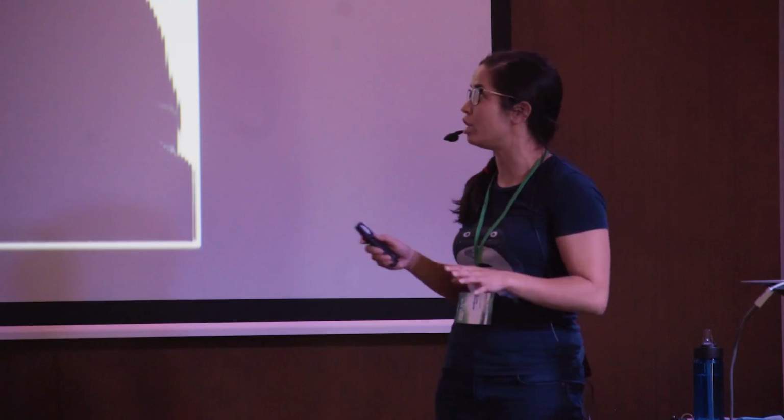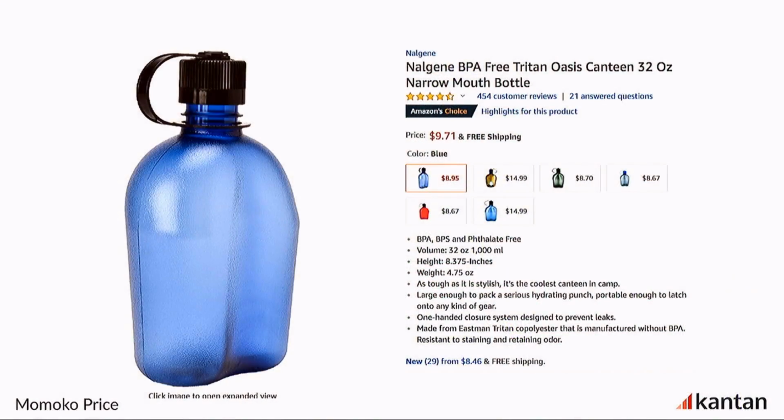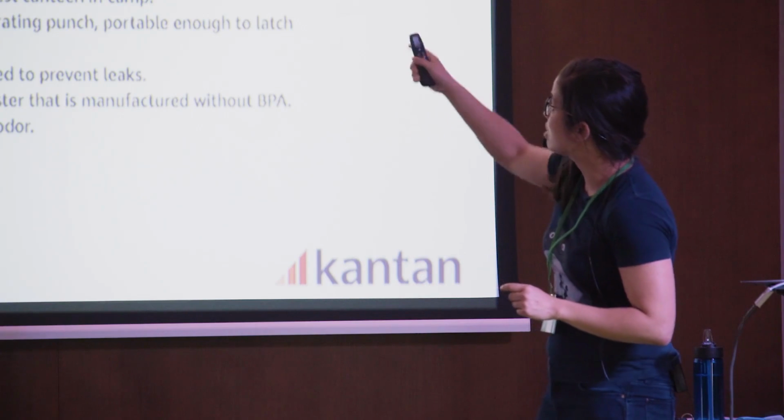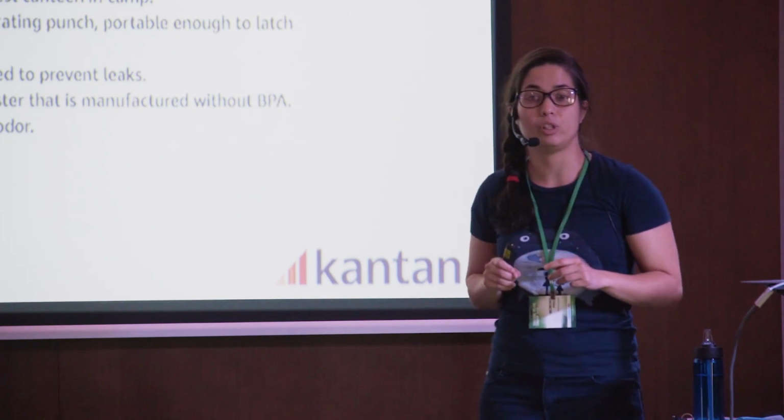So I just want to quickly walk you through how this tends to happen, because this used to trip me up way back in the day, before I got wise to how to collect tidy data and why you should not just eyeball your data. Let's say I needed to write landing page copy, or figure out the value proposition copy, for a new kind of water bottle, and we didn't have any customers yet. So okay, I'm going to go to Amazon, get a Nalgene bottle, cool. It's got 454 customer reviews.